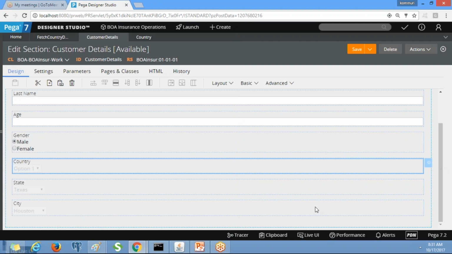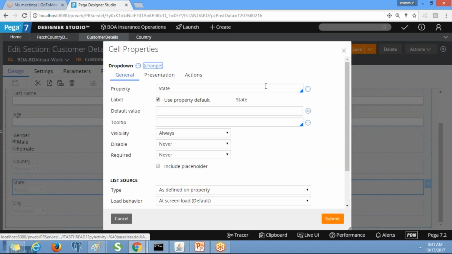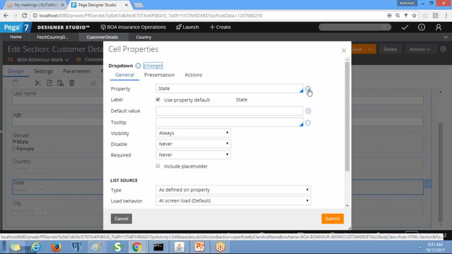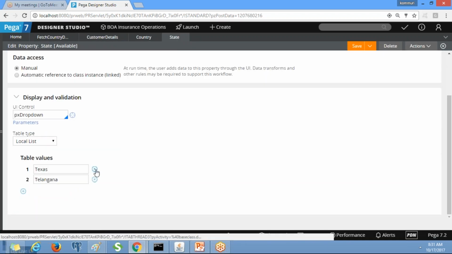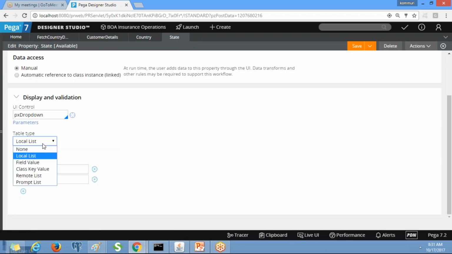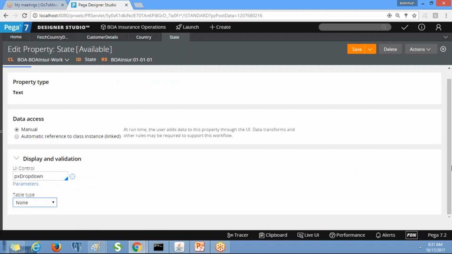Similarly, I'll be creating two more activities, one for state and another for city. So you remove the values from the states and city.